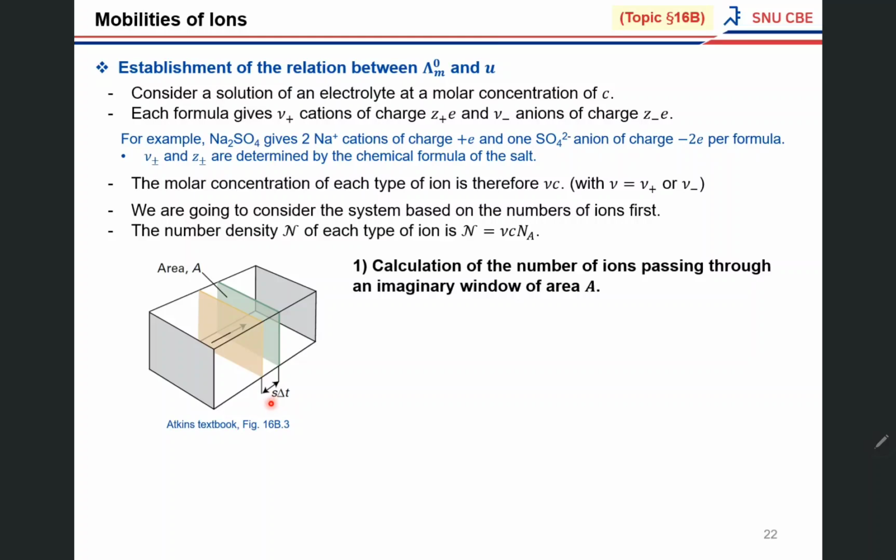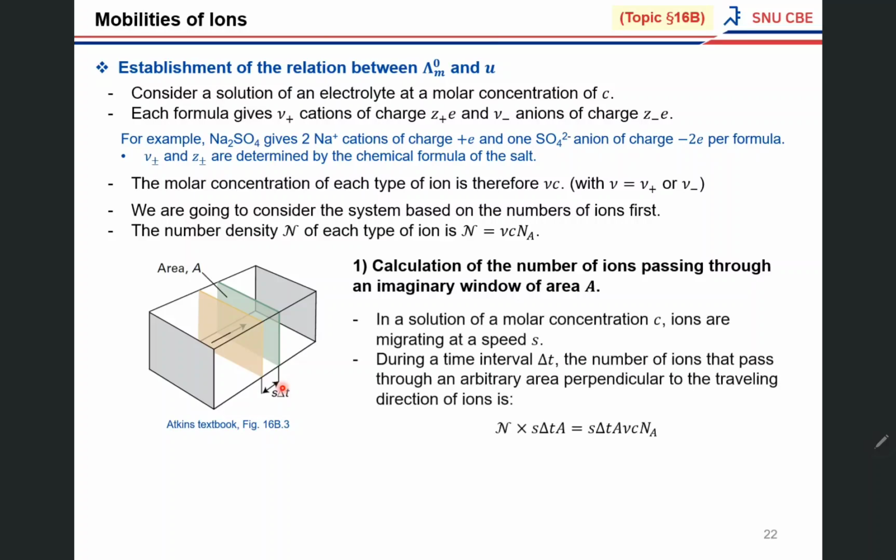We can calculate the number of ions that is going to pass this imaginary area A simply by obtaining the volume of this liquid, multiplying the length, which is the product of the drift speed and some delta t here. If you multiply the number density with the volume of this,